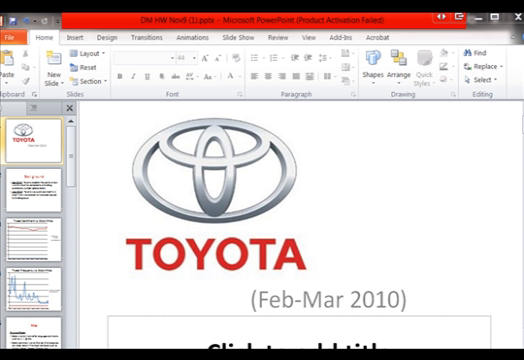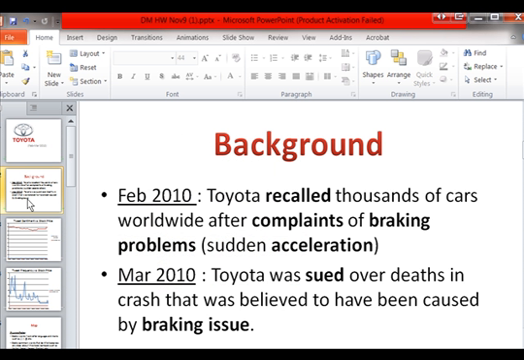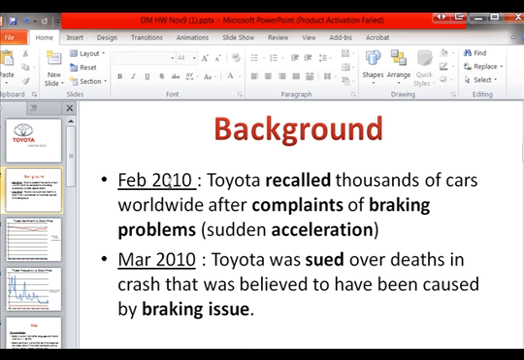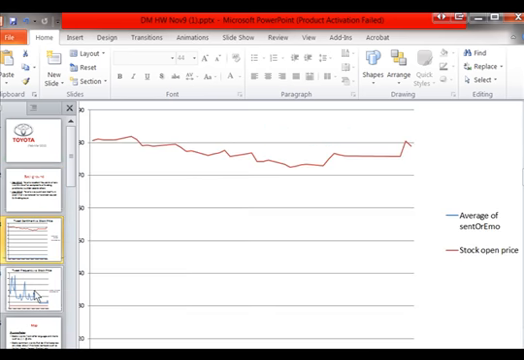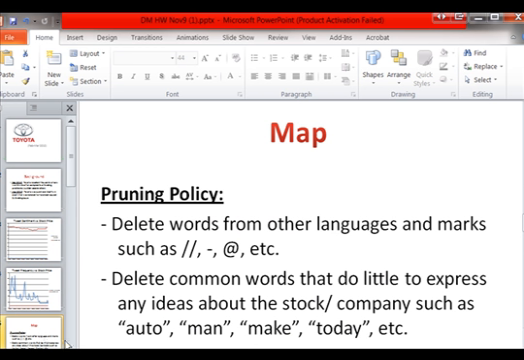So this student did Toyota, and they did the stock price and the frequencies and so on. They also looked into the history of Toyota, and they found that in February Toyota recalled thousands of cars, and in March Toyota was sued over deaths in crashes. So this might affect, of course, the sentiment and the price. So they made the graphs, and they described their pruning policy,